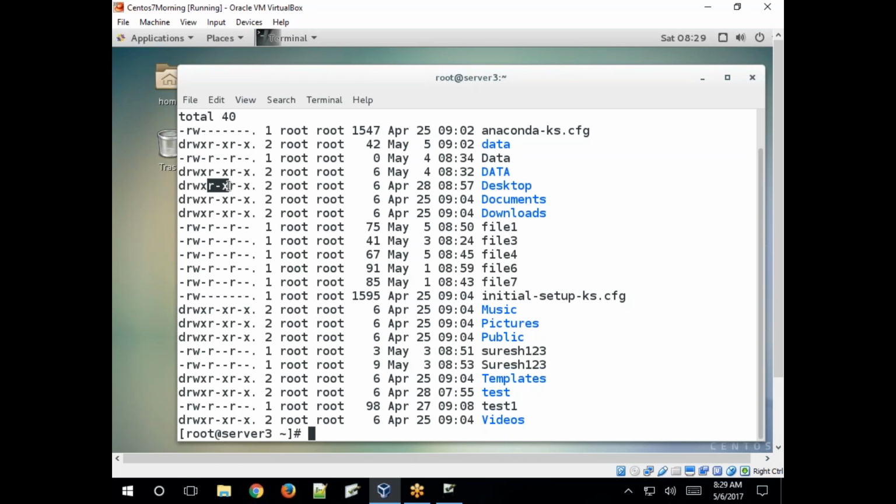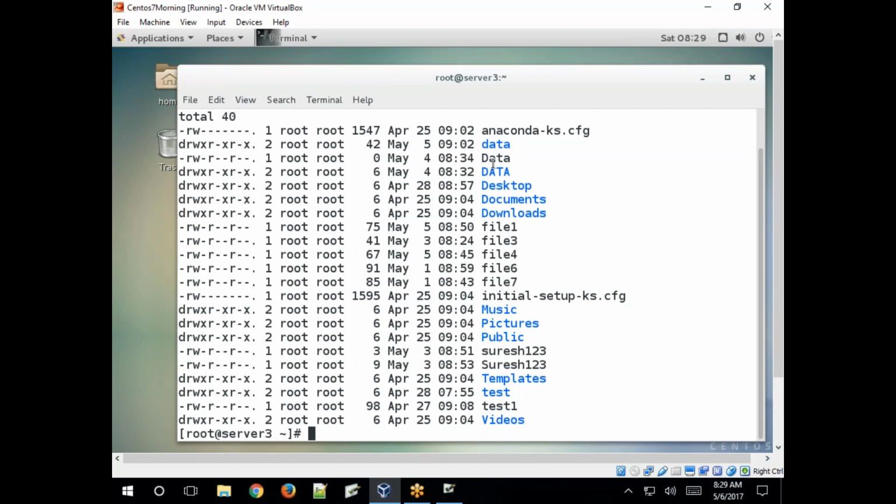Read, write, execute for user, group, other. Now read and execute on group and read and execute on other. Read, write, execute means 7, read, execute means 5. So 7, 5, 5: complete access for owner, read and execute access for group, and read and execute access for others. Clear?